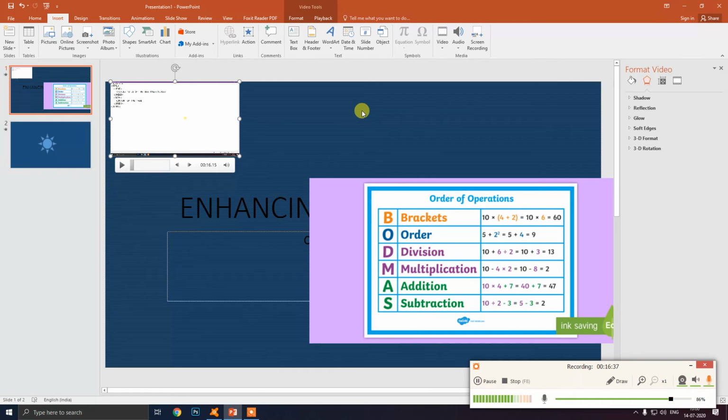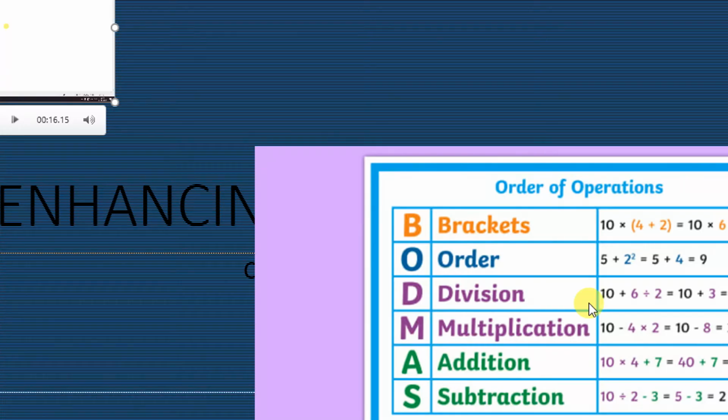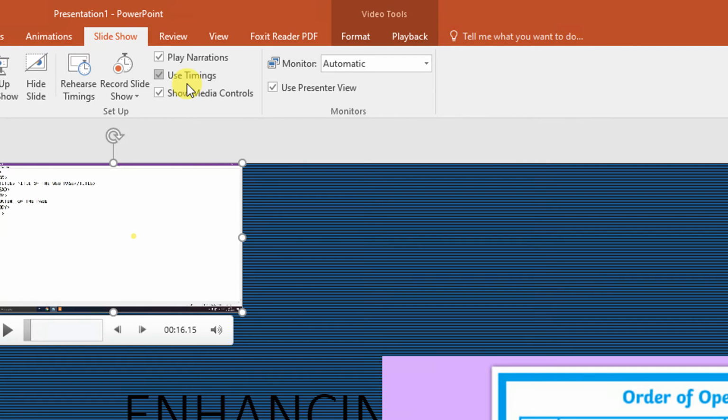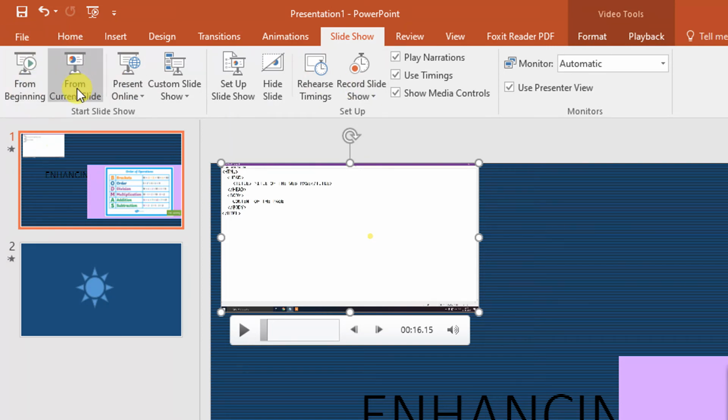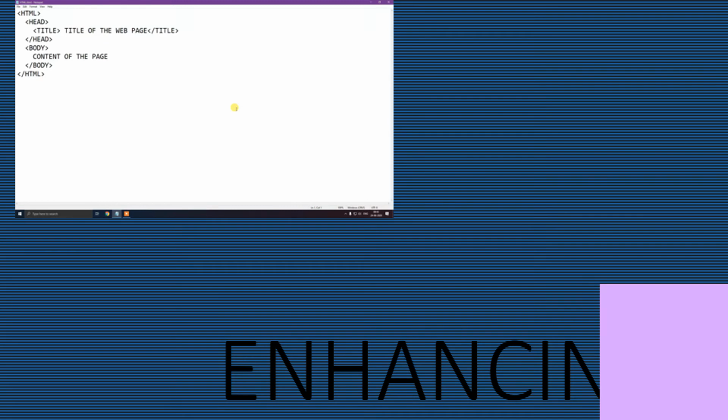For running a slideshow, we press the F5 button, that is a shortcut. Or you can go to the slideshow tab and select from beginning or from current slide. So you can do the slideshow from here also, or press F5 for the slideshow. If I select from beginning, as you can see, it will show your presentation from the beginning. And the shortcut key for this is the F5 button of your keyboard. Okay,